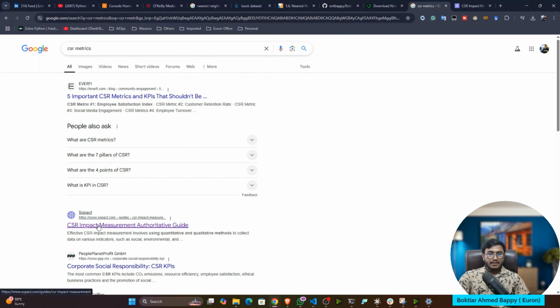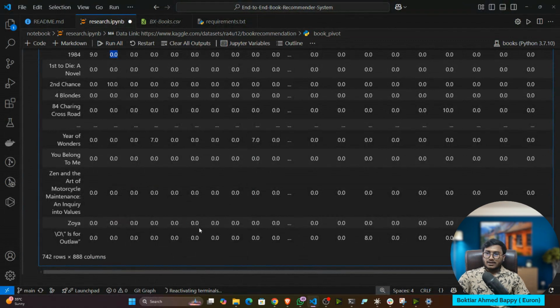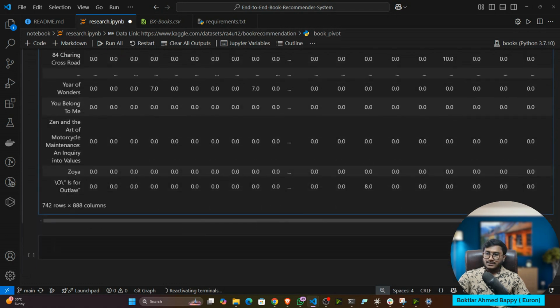Okay, yeah. So the model we are going to use is the nearest neighbor. It accepts the CSR matrix. So that's why we have to convert to the CSR matrix. How to convert? So for this,